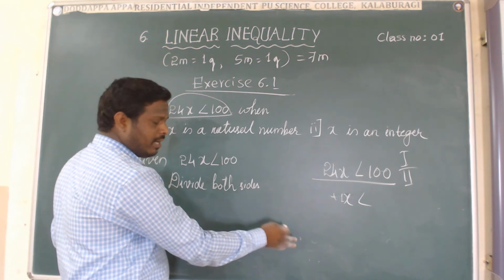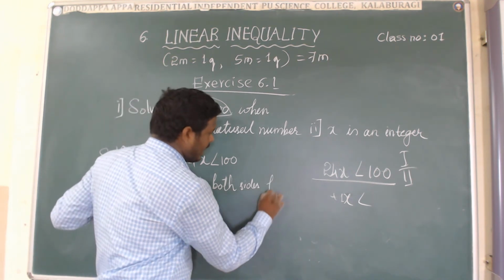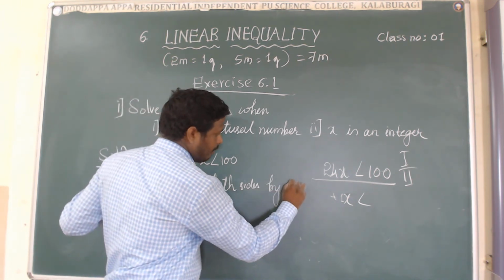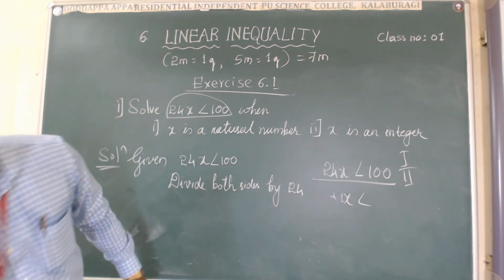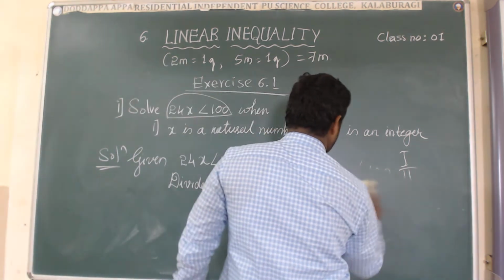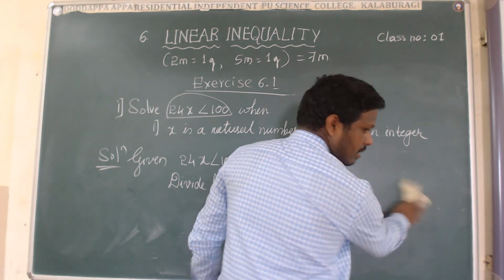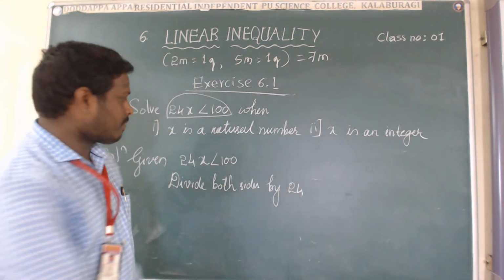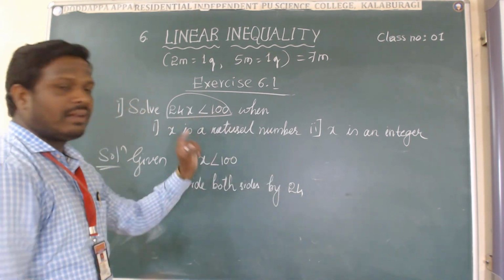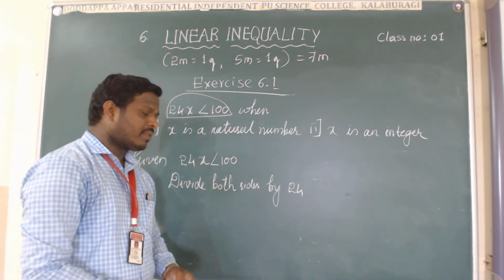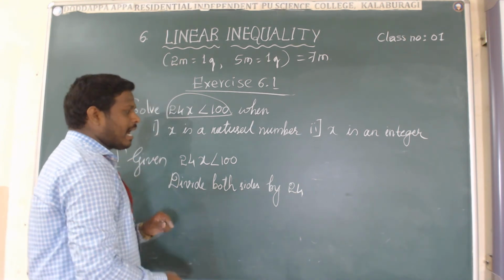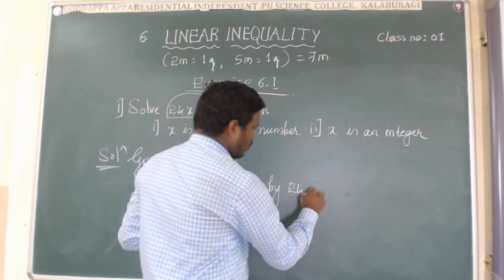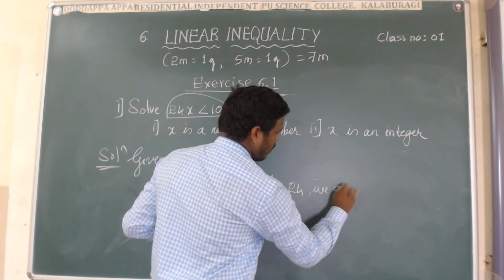I will not write that word here. Divide both sides by 24. We get, I will rub this one, otherwise you will get confused. After explaining this example, I will conclude today's class. Remaining examples I will explain in the next class. Okay. Divide both sides by 24. Then we get